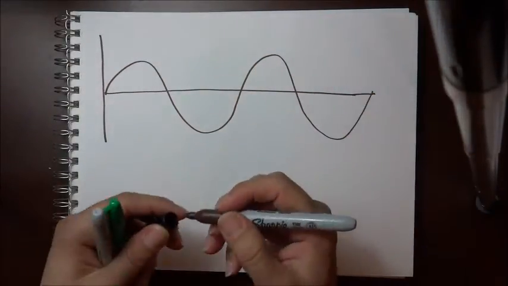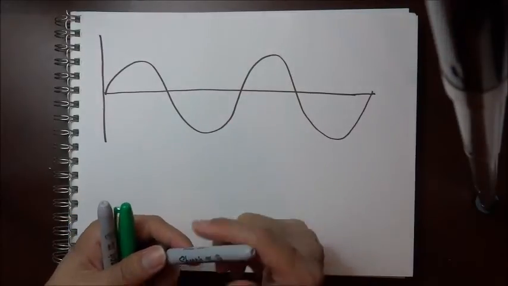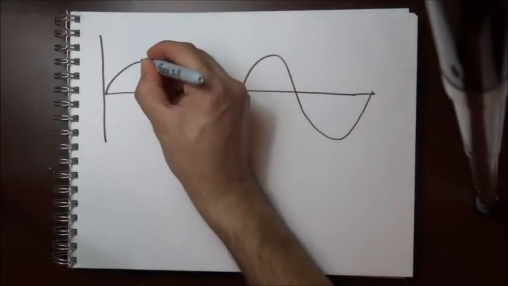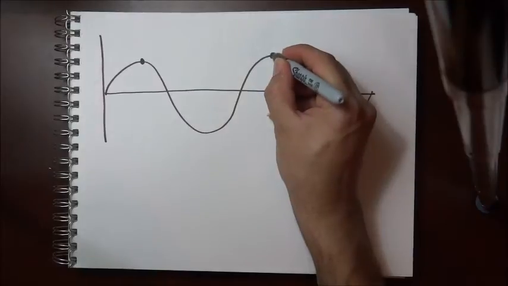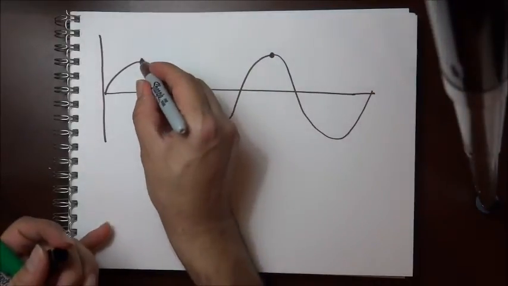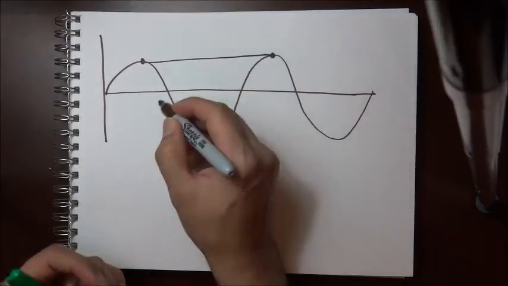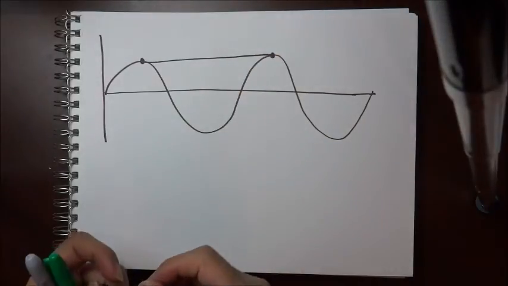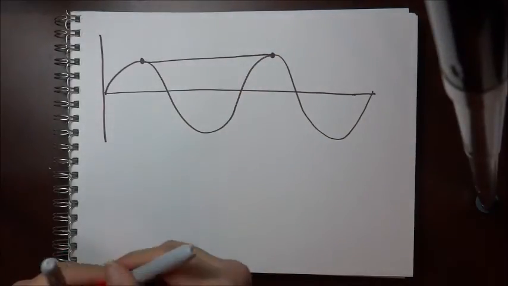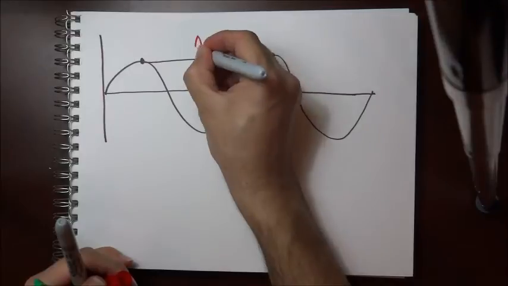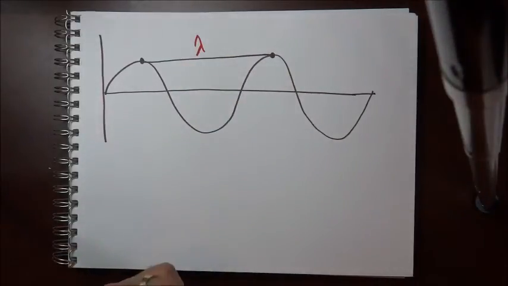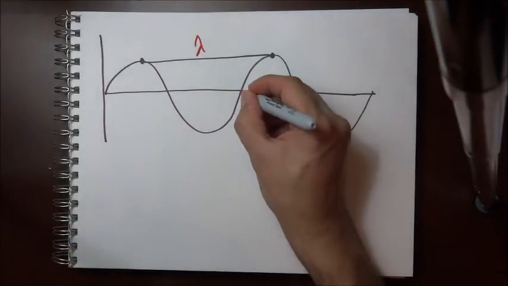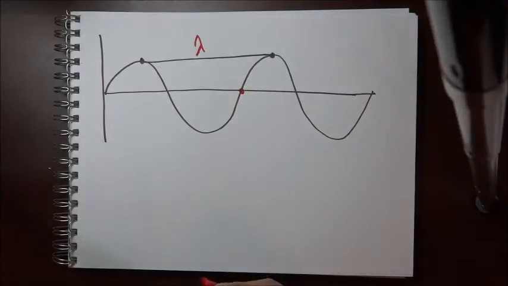we say the distance between two identical points. For example, two maximum points, the distance between them, so that one is going to be wavelength, and we show it by lambda. And if you choose one point